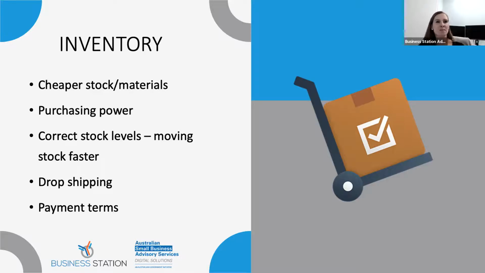Use your supplier terms as well. Look at what their payment terms are and make full use of them. I did touch on that, but if you are looking at a variety of suppliers, you might even choose, if you've got two similar suppliers in terms of the quality of their product and the ability to work with them is good, have a look at their terms of trade. So if one's 7 days, one's 30 days, I would definitely go with the one that offers you longer payment terms. That equates to an interest-free loan for you.